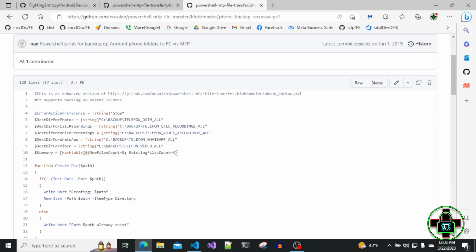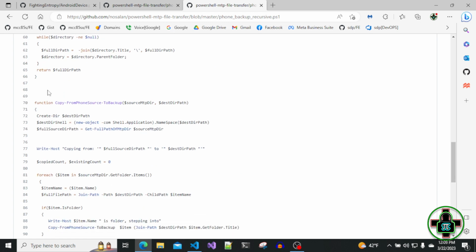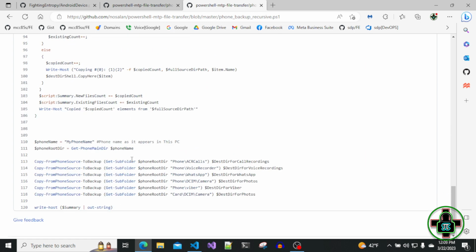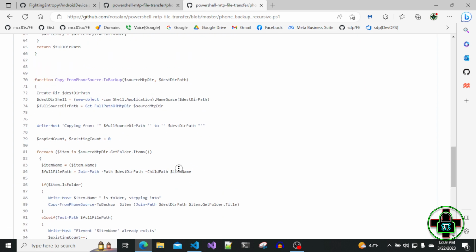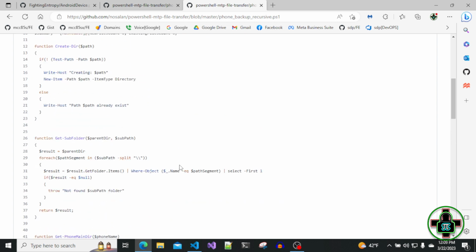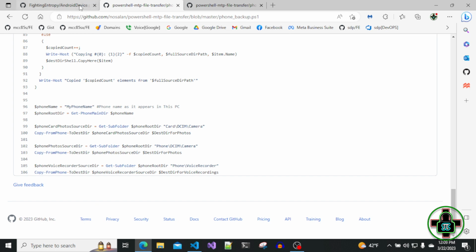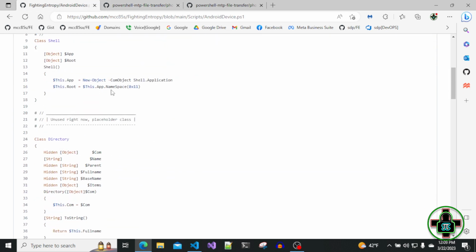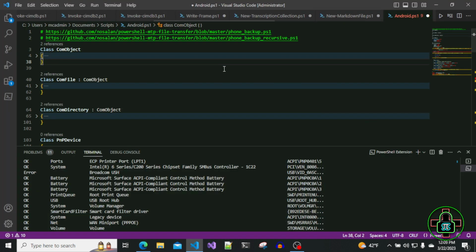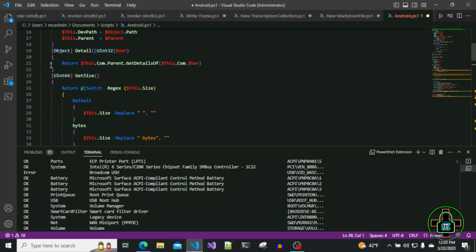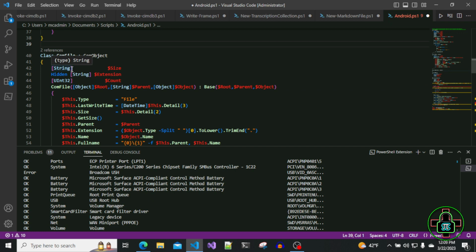I took some inspiration from what he was doing, but I managed to simplify it and make it more capable. The method is basically using a shell application like this, and I'm going to cover that to some extent here. And here's the thing: